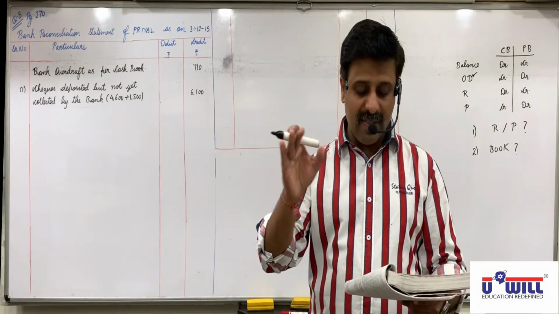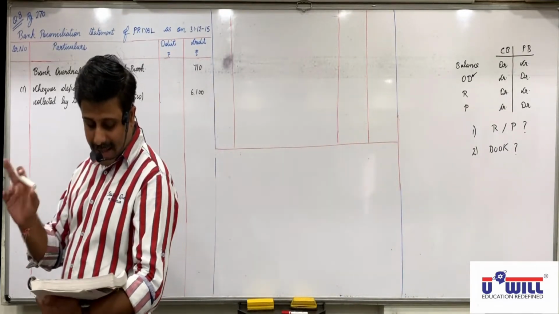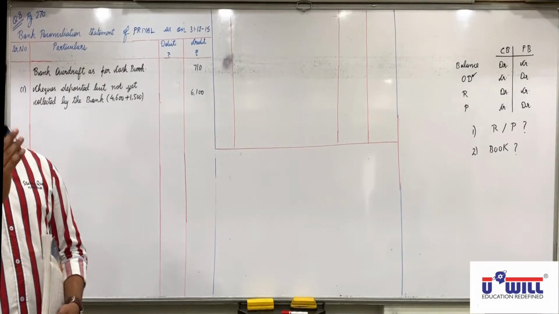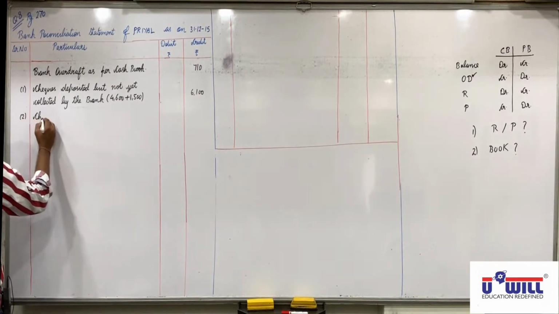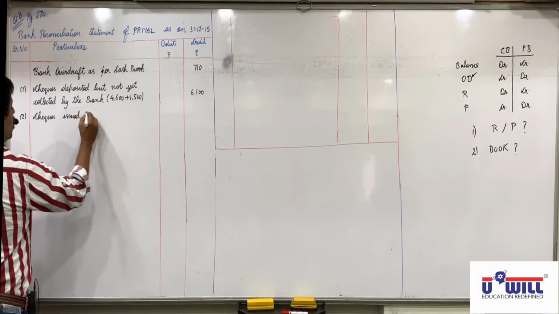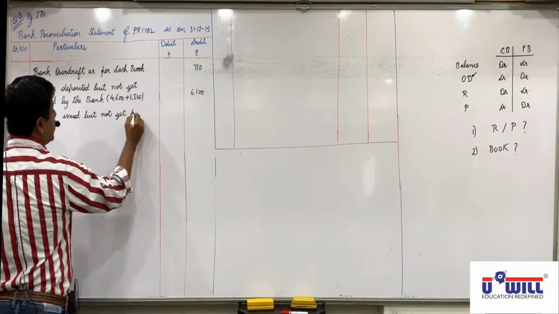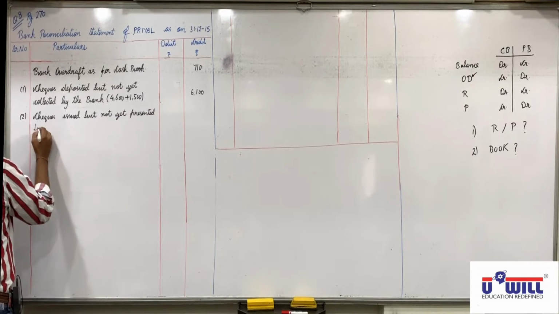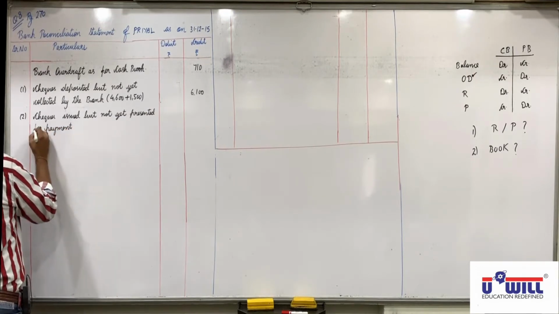And then 31, 12, 15 and 2, 1, 16. So we will debit which amounts in DRS? 9300 and 1300. They are credited in cash book but not debited in passbook in December. So checks issued but not yet presented for payment. Checks issued but not yet presented for payment.